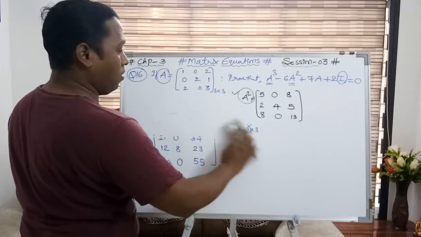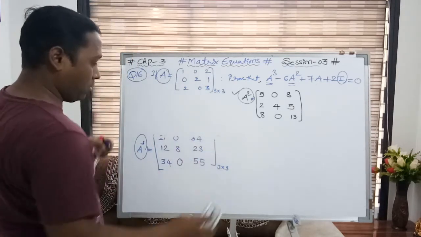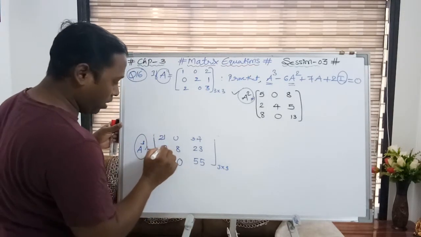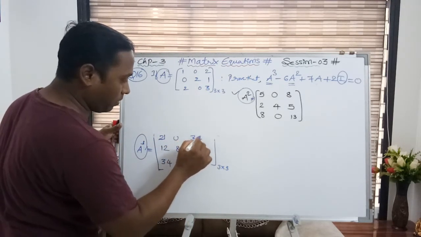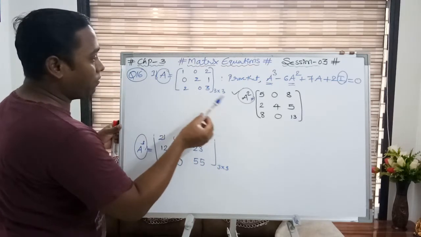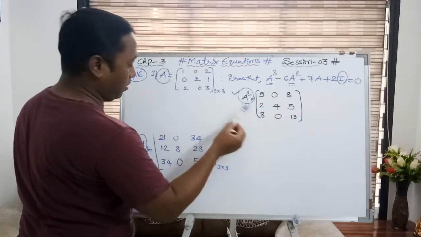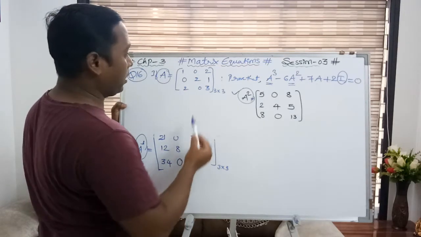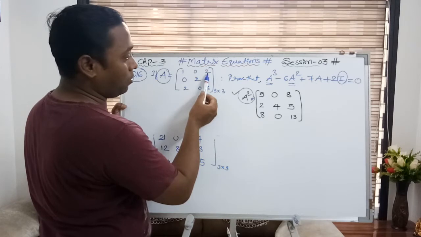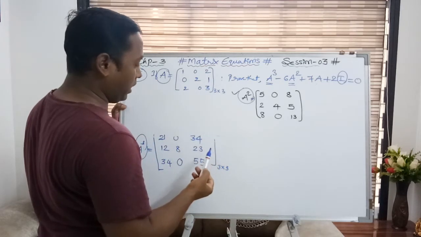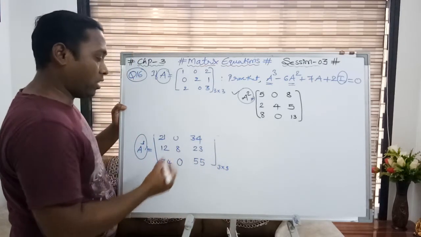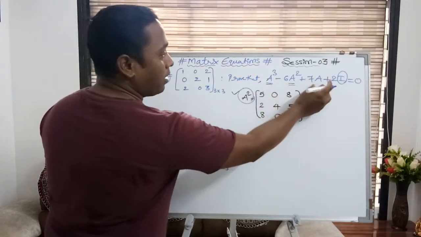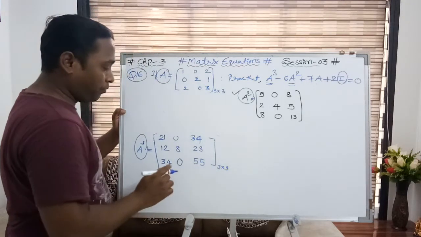Now I require whatever 34 it would be, it will be 34 and this will be 21. I hope I had dropped it. Let me check. 1 5s are 5, zeros are 0, 8 2s are 16, 16 plus 5, 21, and then 8 0, 26, 26 plus 8, 34, correct. So I'm just substituting A cube, A square, A and I in the equation.